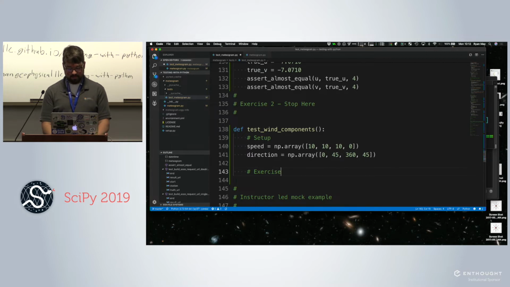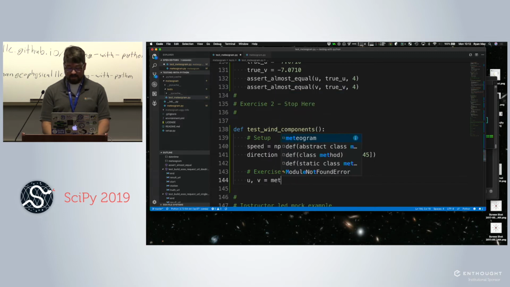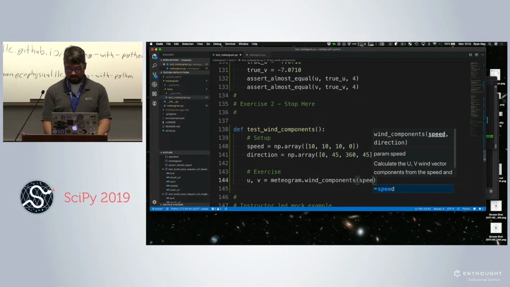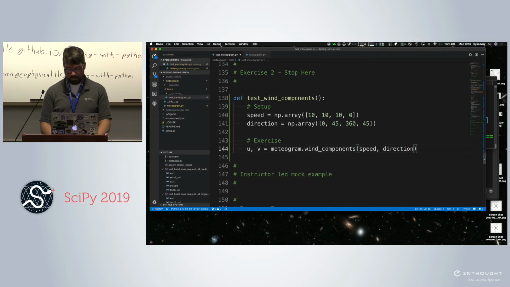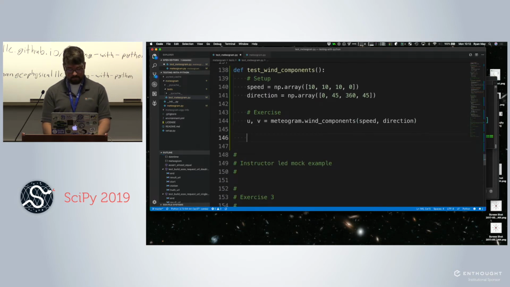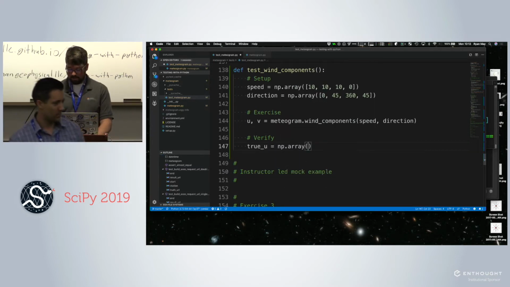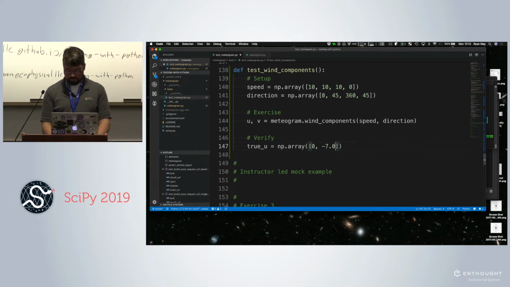Then we exercise. So U and V, this is going to look the exact same as it did before. We're calling wind components with speed and direction. And then we verify. True U is an array of 0, minus 7.0710, 0 and 0.